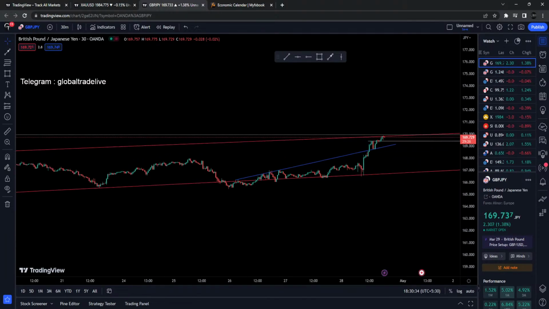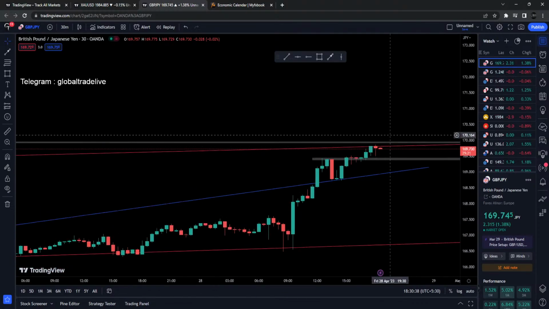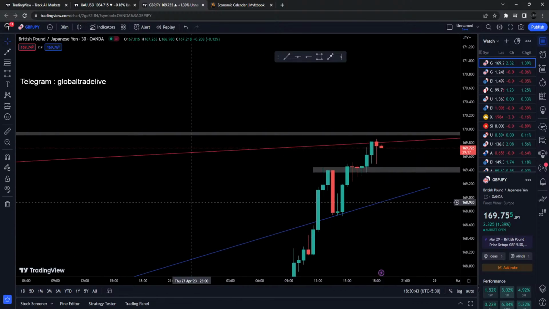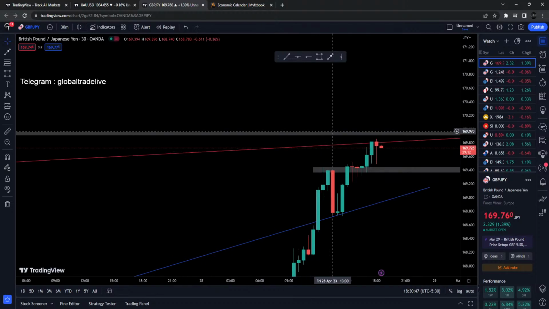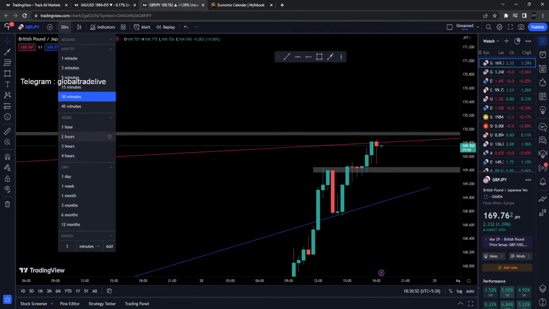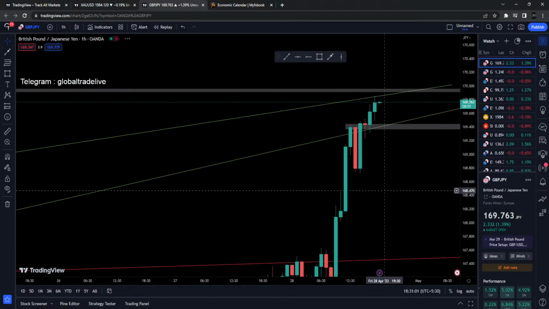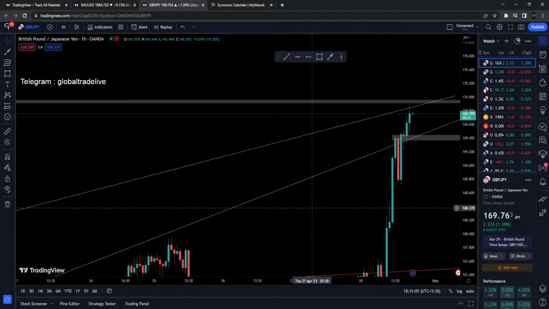So the 30-minute candle has closed, and it has closed like this, but obviously I cannot take a buy once this candle broke the high, because I need some guarantee, something which tells me that it's gonna move up from here. But right now I don't see anything, because the move has been done, and now we have to wait for a candle to move down. That's what we can really ask for. So I'm just gonna wait.